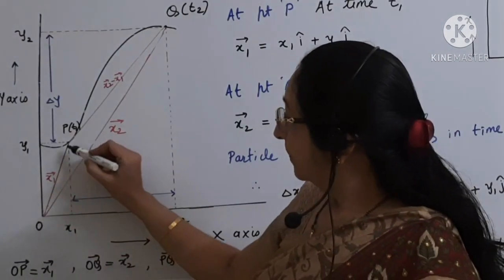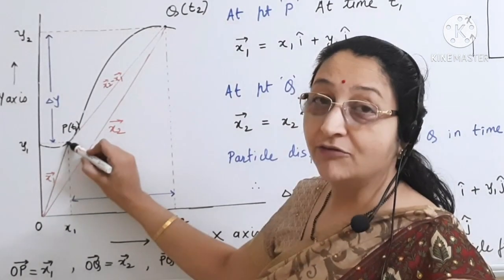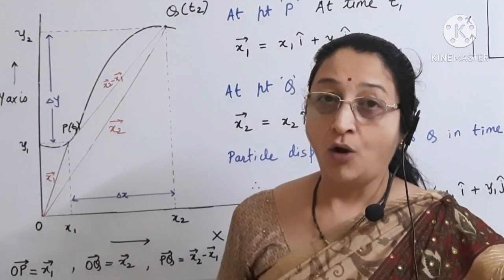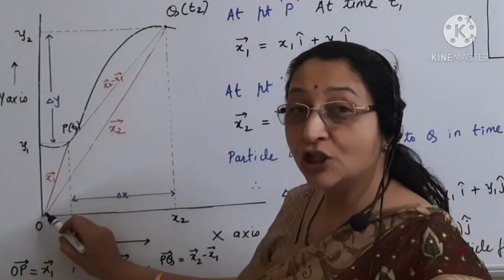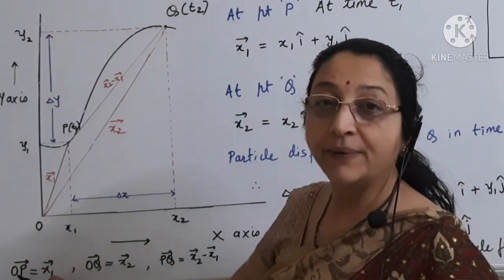Now, the particle initially is at point P. At time t1, the particle is at point P. So, the position of the particle at point P, the position vector, we can be represented as OP, vector OP,